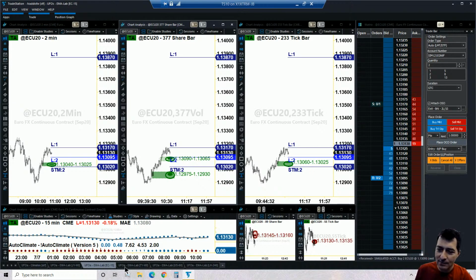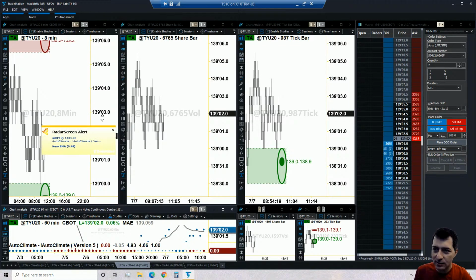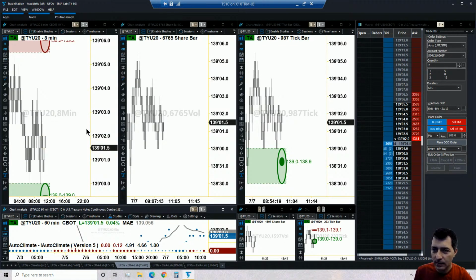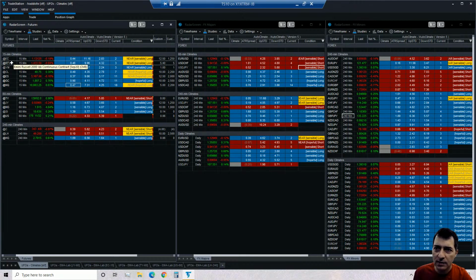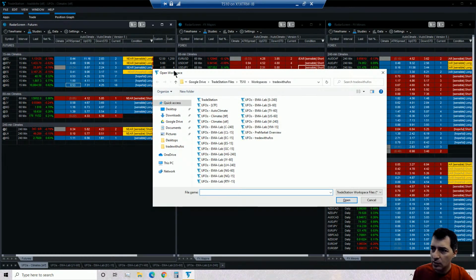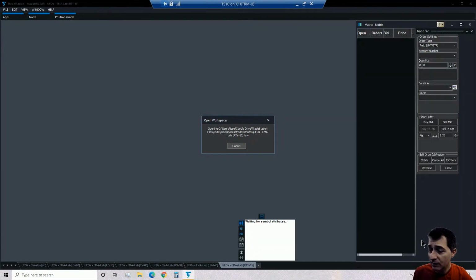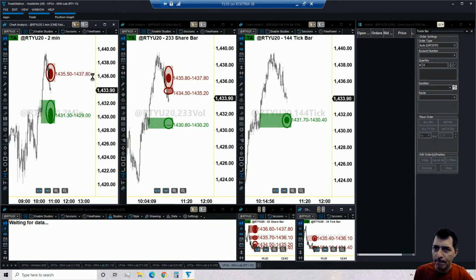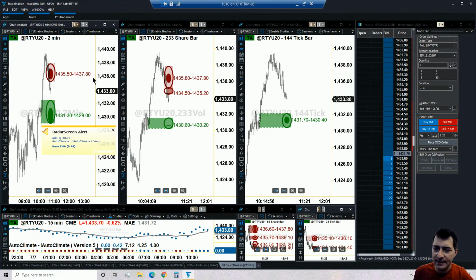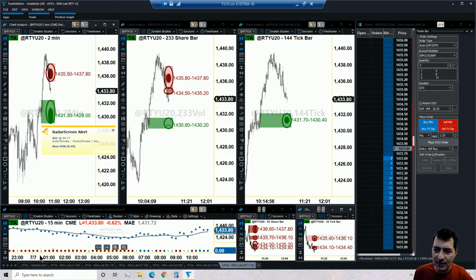Yeah, a little bit quiet market. It'd be nice to get some executions while together in the room. So we just got an update on the climate, and well, actually we haven't got an update yet, but the Russell seems to be flashing an alert here. So let's go ahead and open the Russell workspace. So we are moving into equities. Also, in 1 minute from now, we're going to have an update that potentially may produce new opportunities. So let's go ahead and take a look. Crude oil is also flashing an alert now.